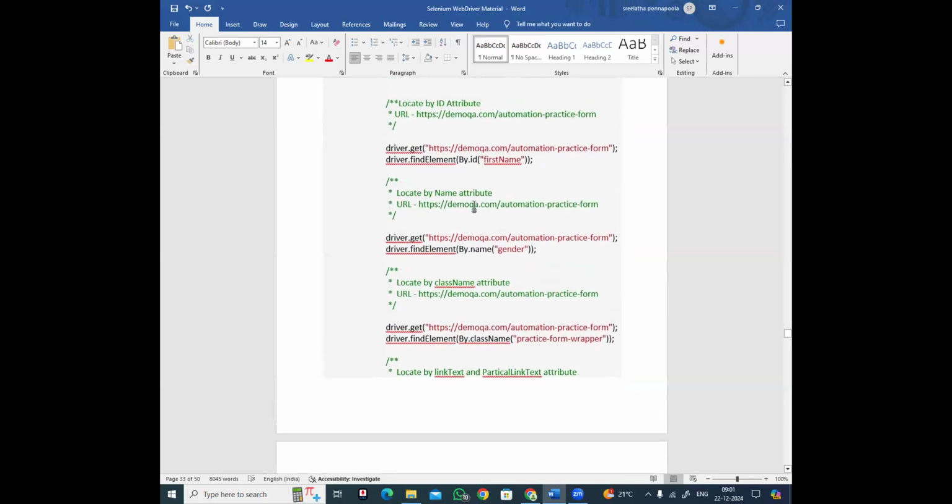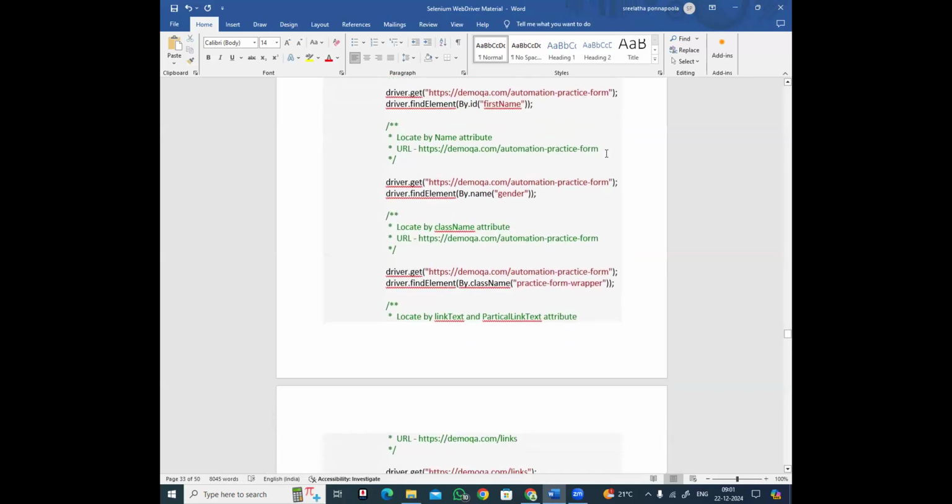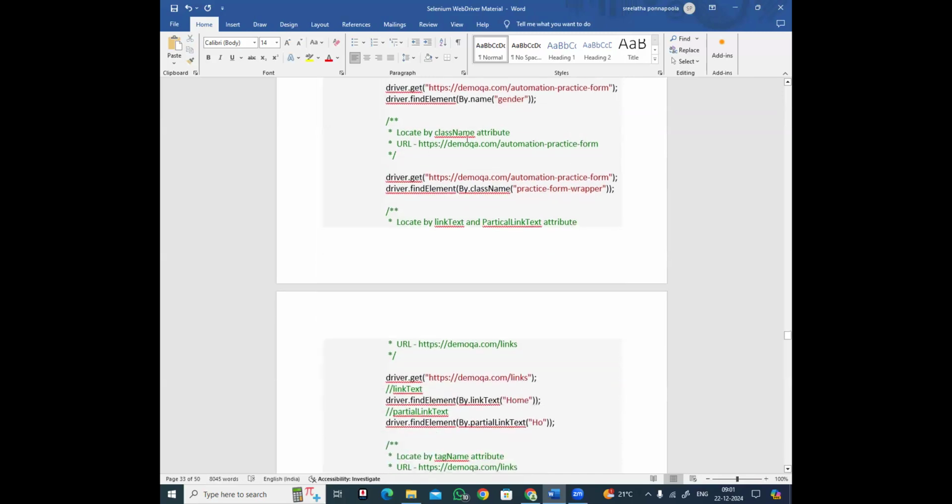So this is an id and name attribute. This is the URL of the application, and the name using the name attribute. So with the driver.get method, we are opening the URL of the application. That means opening the required web application using the get method, and using the name locator, driver.findElement method by By.name and the value of the name attribute. So using this name locator, we are identifying the element this way. And the same way,